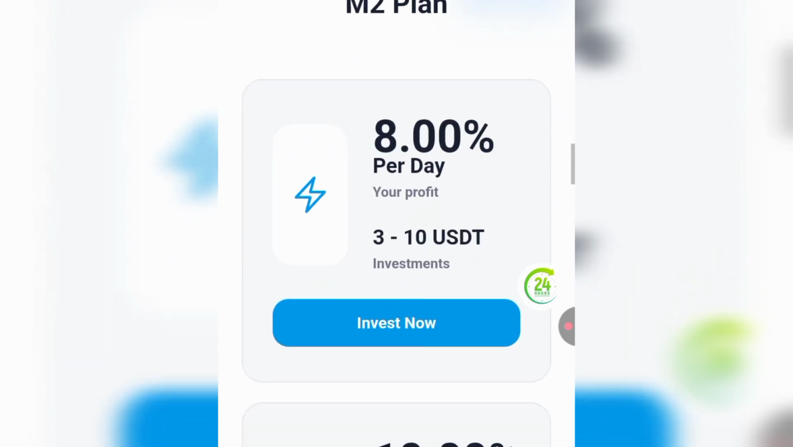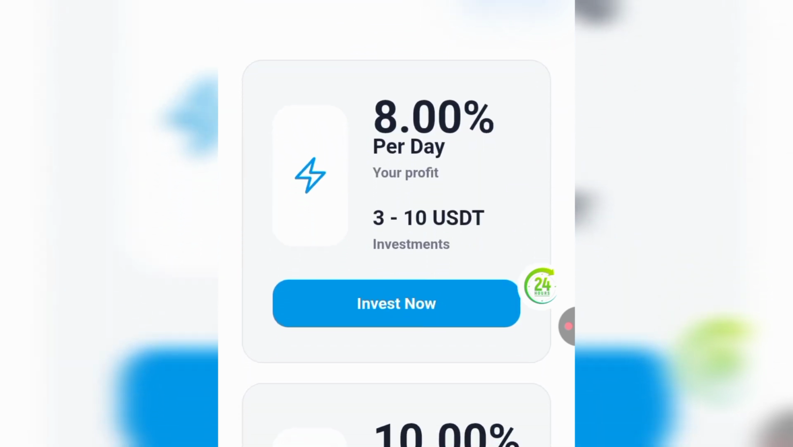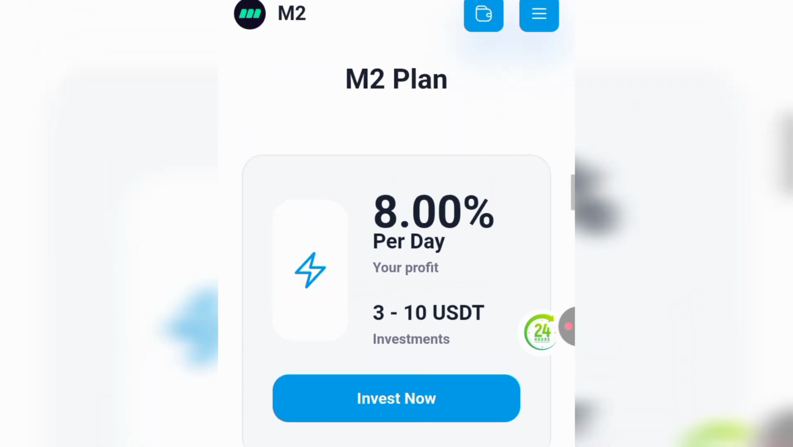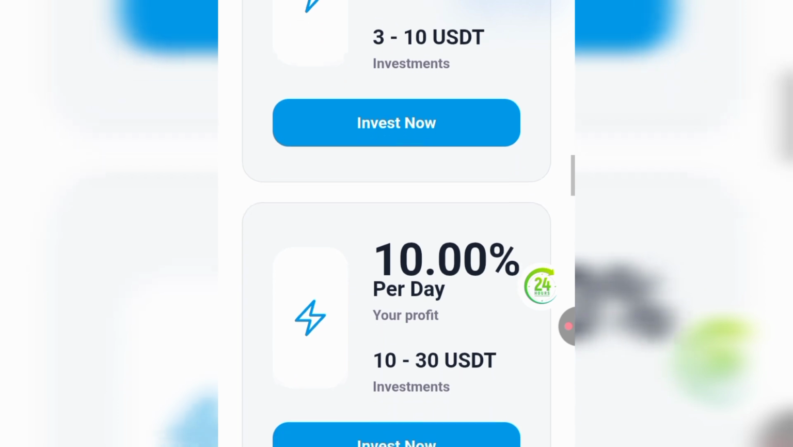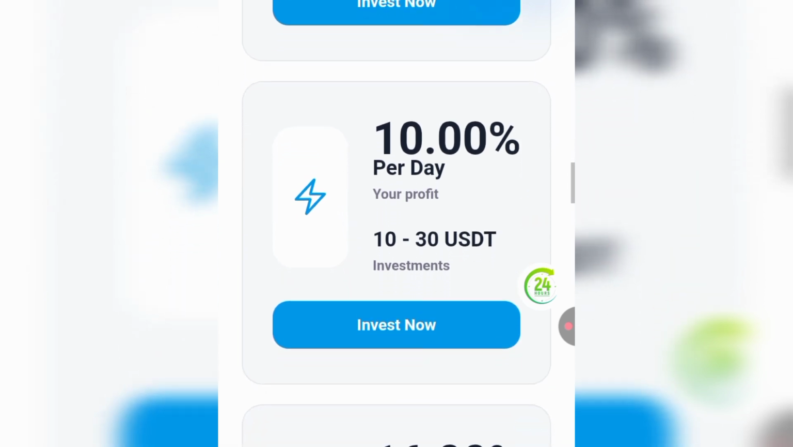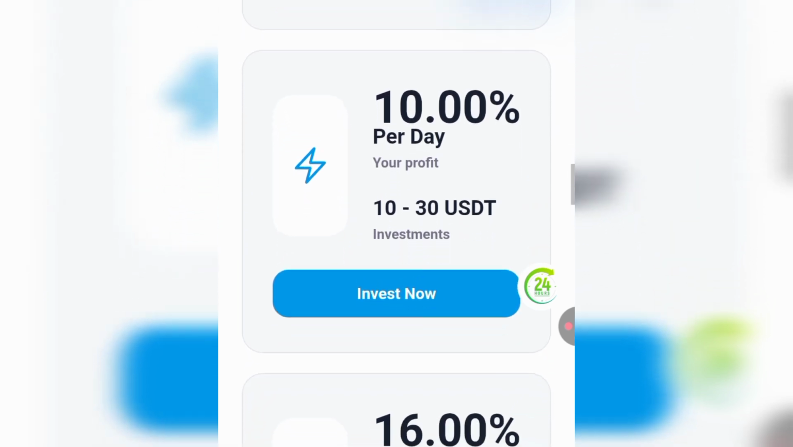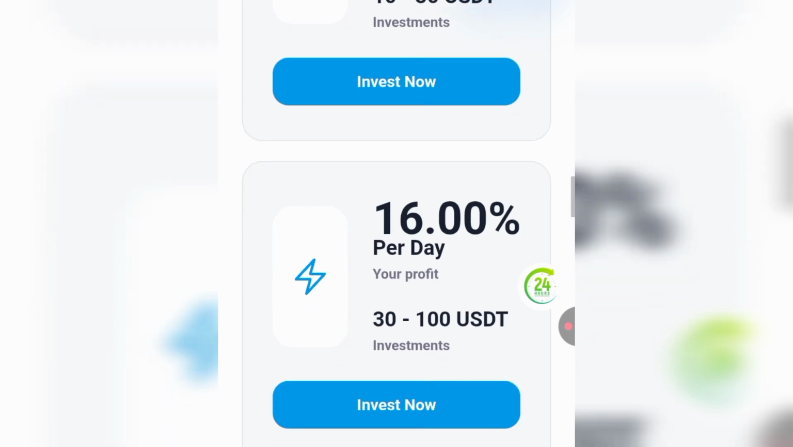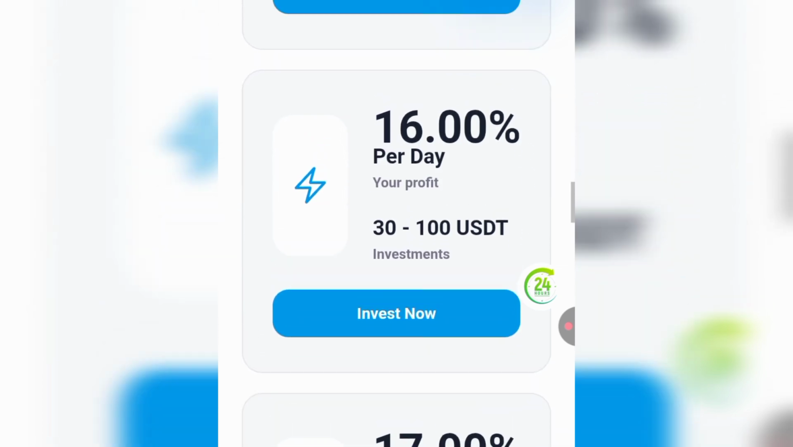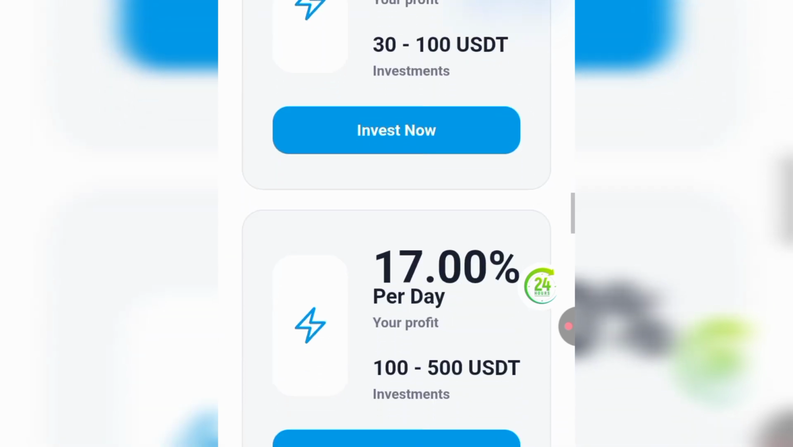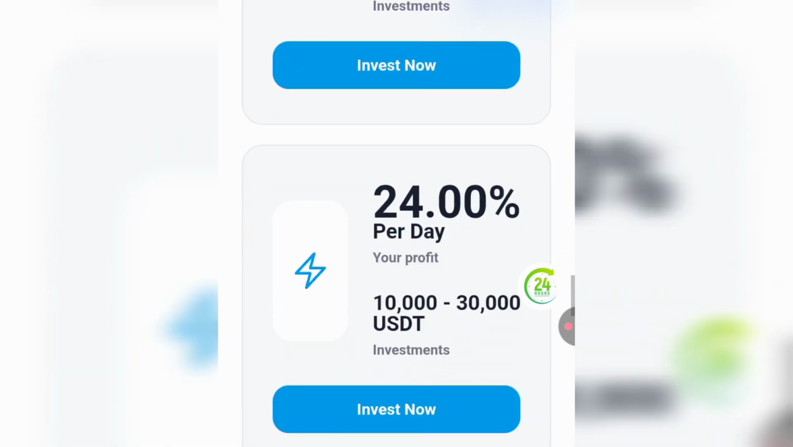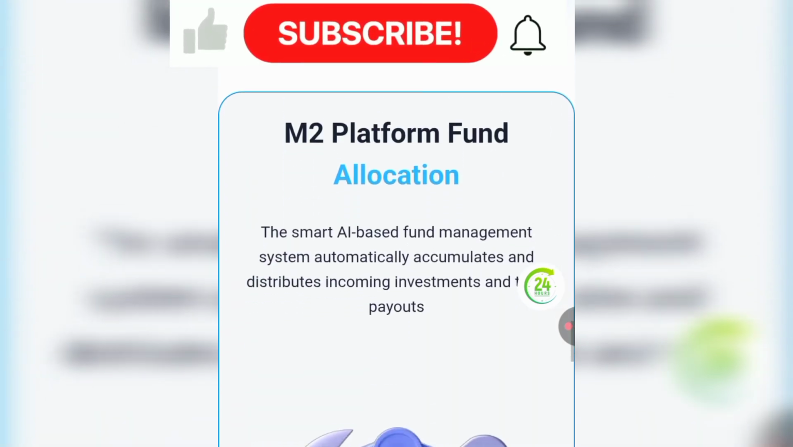If you scroll down, you see their plans, in which the M1 is 3 to 10 USDT, which is the minimum, and every single day you'll be getting 8%. If you scroll down, you see the second one is 10% every day and 10 USDT to 30 USDT. If you keep scrolling, you will see the third one is 30 USDT to 100 USDT and 16% every day. So all you have to do is to choose the one that is best suitable to you and the one